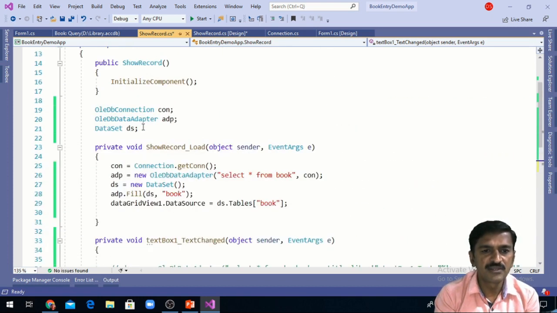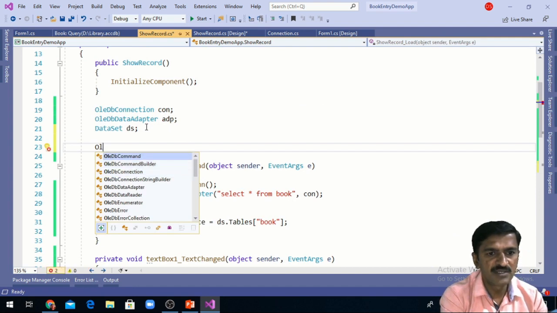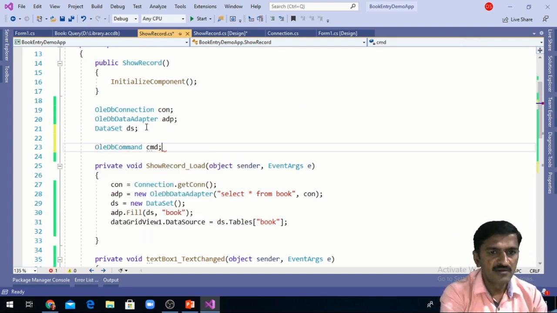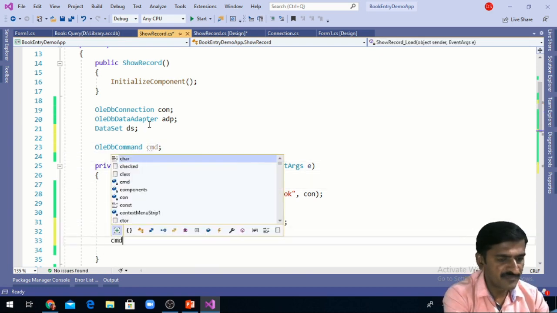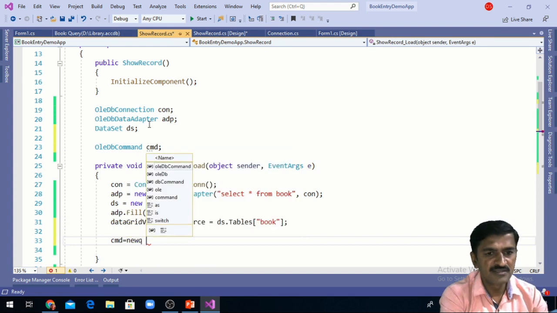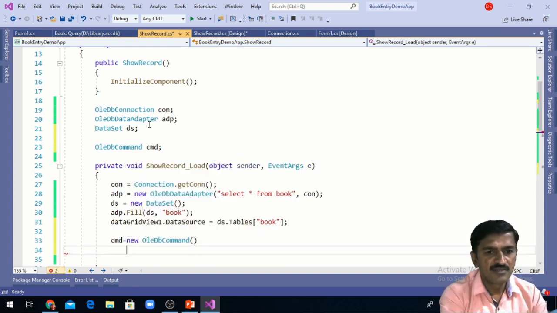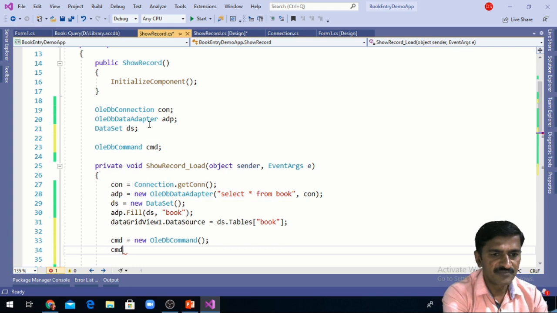For deleting a record, we need to create the object of the command. We need to initialize this object on the form load event. So I am initializing the command object like this. Then I need to initialize the connection for this command object.